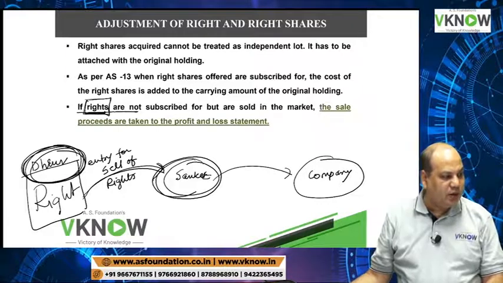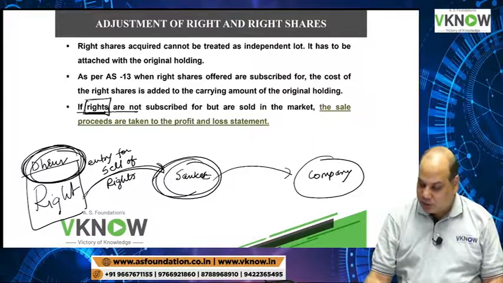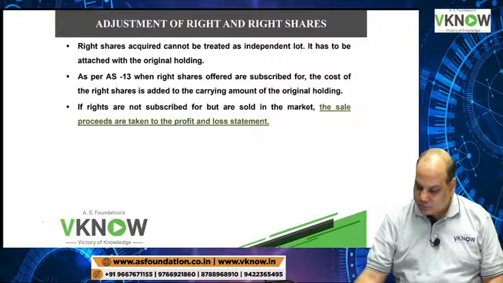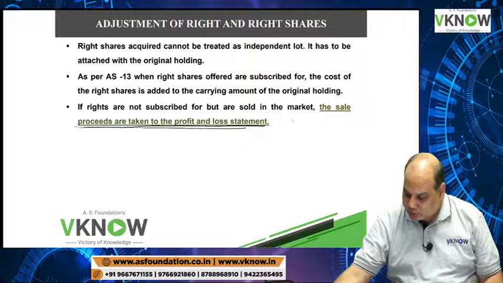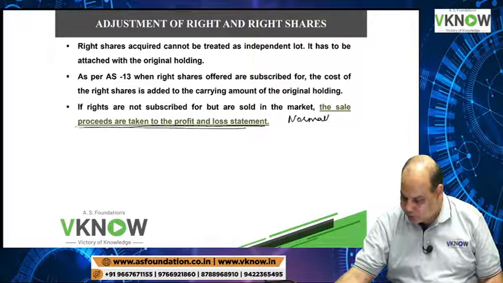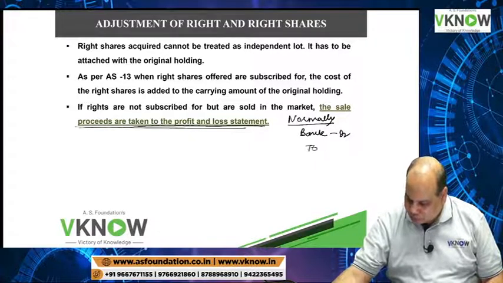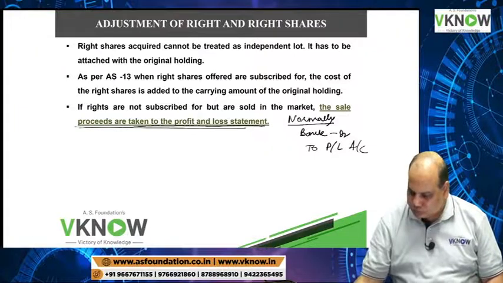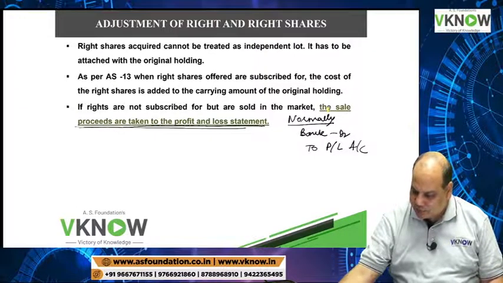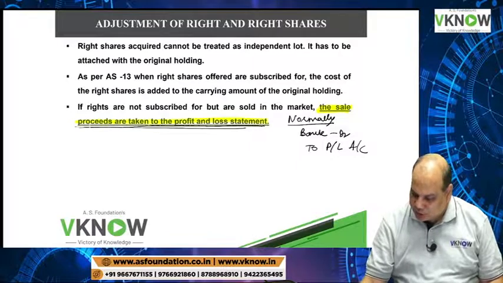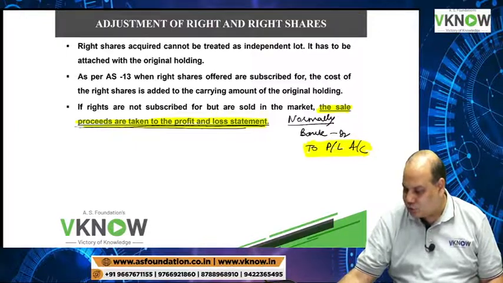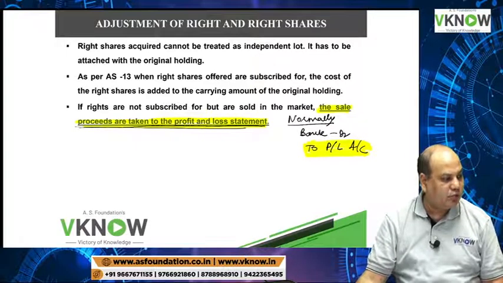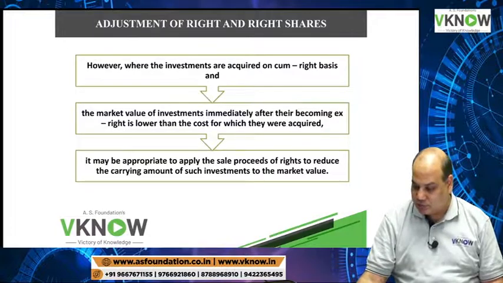Come on, I am getting multiple answers. One person says bank account debit to P&L account. The sale proceeds are usually taken to the P&L account, so normally this entry will be passed: bank account debit to P&L account. Amount received will be debited to bank and it is your income, so we will credit it to P&L account. However,